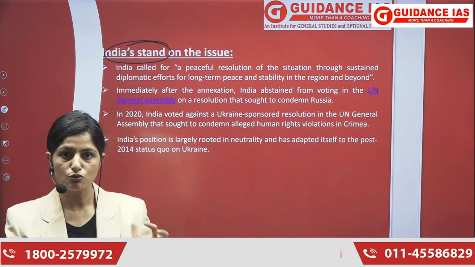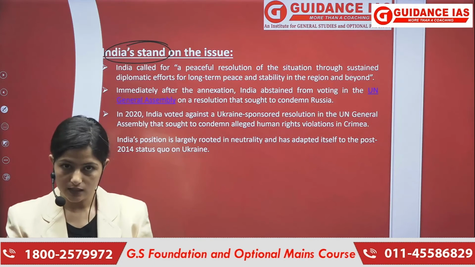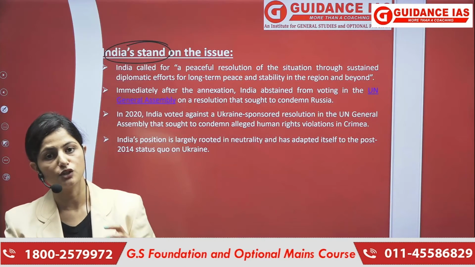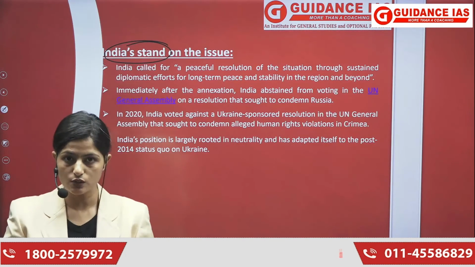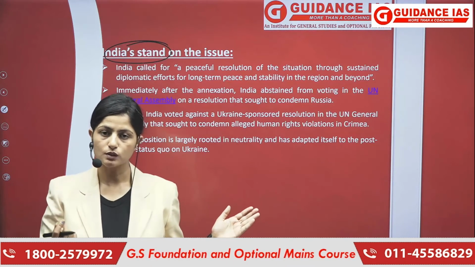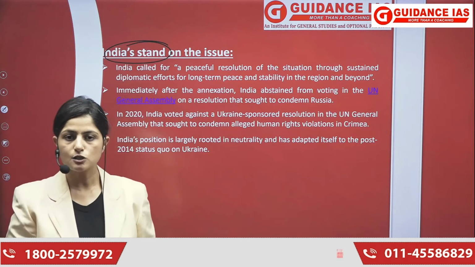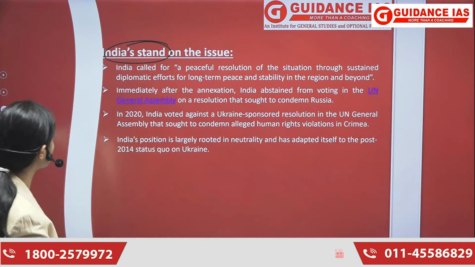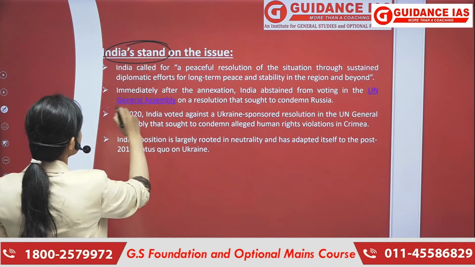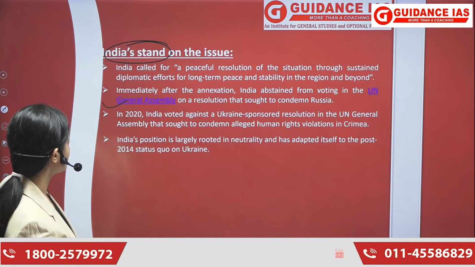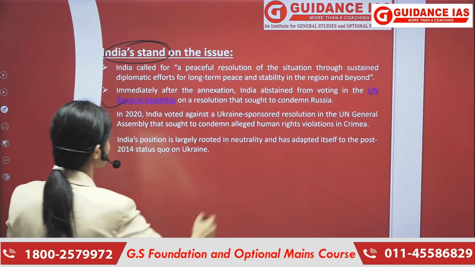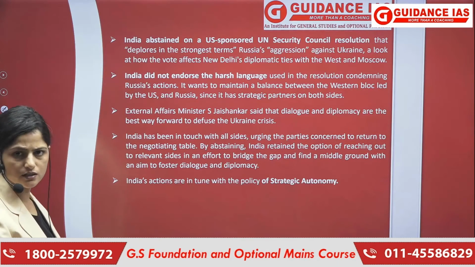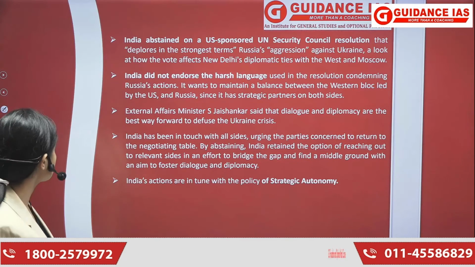So we need to keep this critical relationship balanced, and it could stay balanced only if we maintain a balanced approach with both the countries. And we are exactly doing the same, and this is the only perfect stand which could be possible. We have already abstained from voting in UNGA, okay? And we know that neutrality should be the only stand, and is the only way forward for us as a country, especially, right?